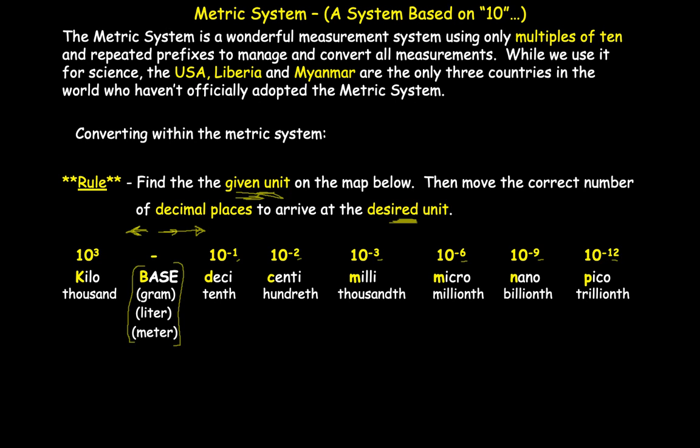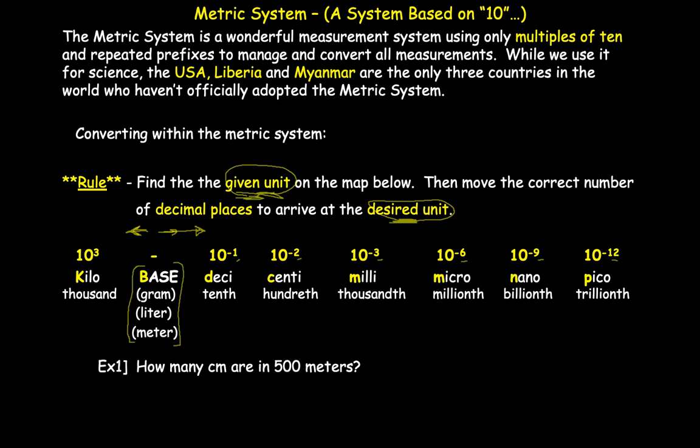So you want to look at where you are, your given unit. Think of this as like a map. It's like when you go to the mall, you find out where you are and you travel, and then figure out where you want to go, and then move left or right depending on the places. So for instance,